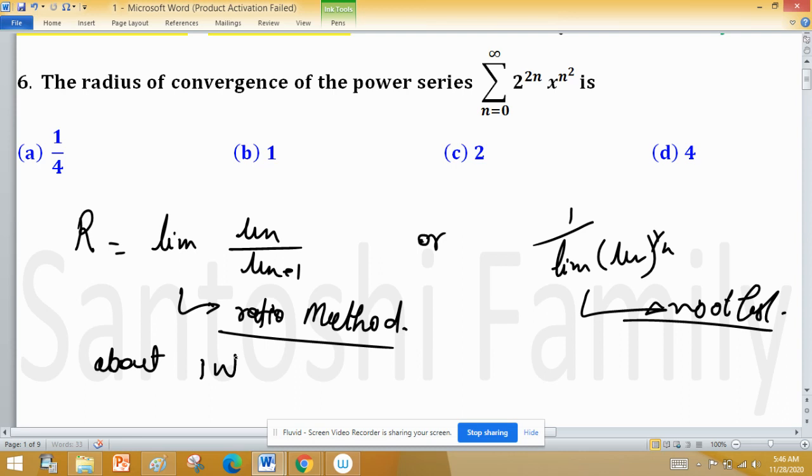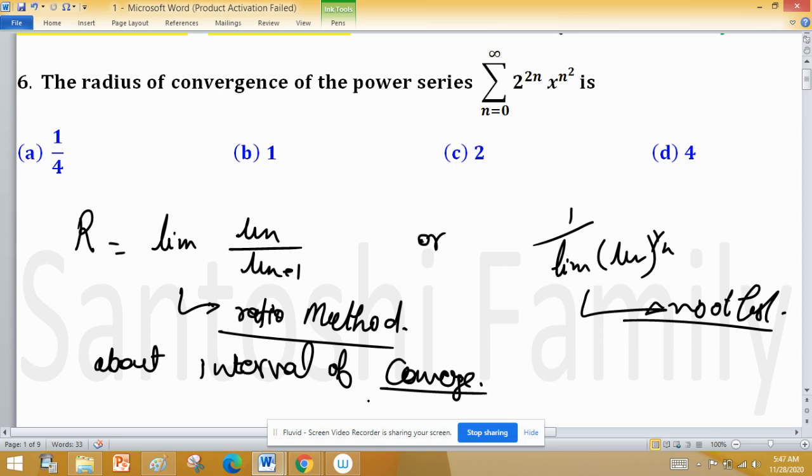interval of convergence. Interval of convergence sometimes may differ because of the endpoints. At the endpoints we can't say about the convergence. Sometimes the series converges, sometimes not. So it is a more precise way to talk about convergence when we find the interval of convergence.